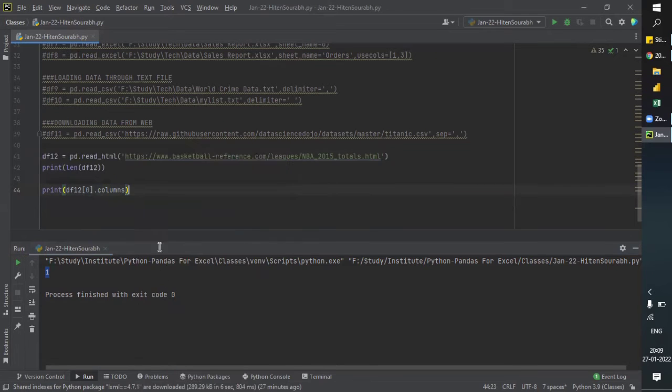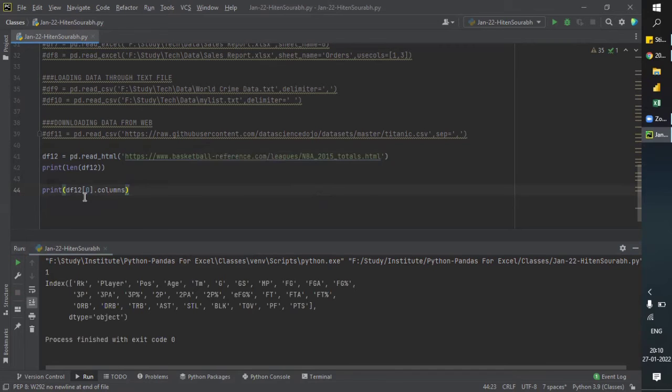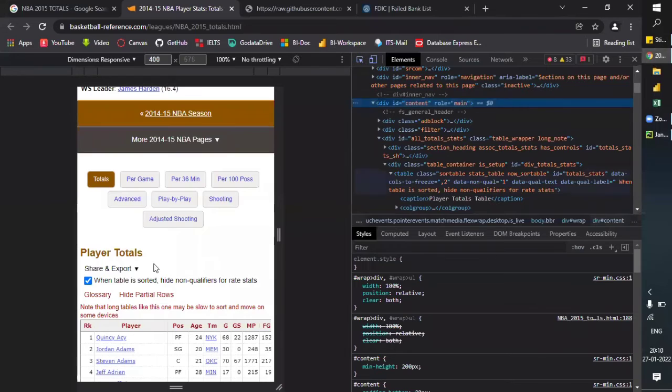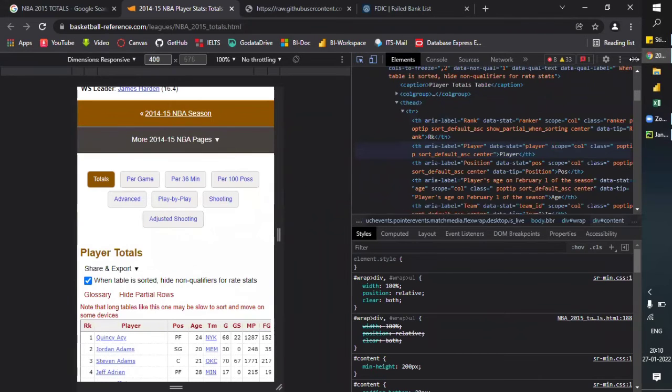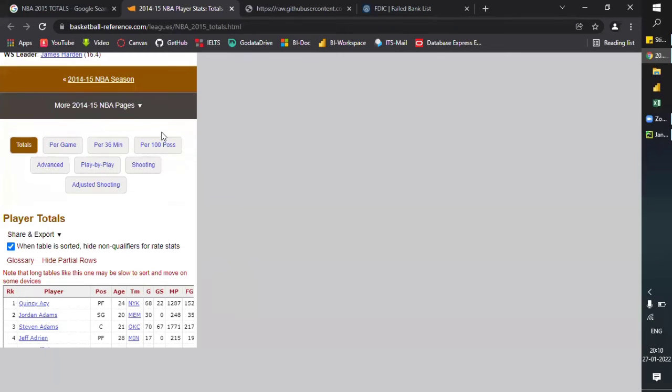If you want, the choice is yours, or you can just eliminate this column part and run it. It will also give you the content of that particular 0. You can see we have this header. If we match this data, RK, players, POS, age, then it's the same one. Let me just close this HTML part.